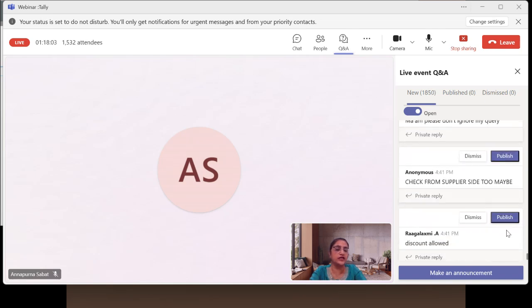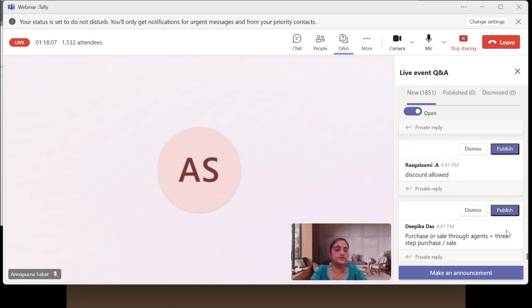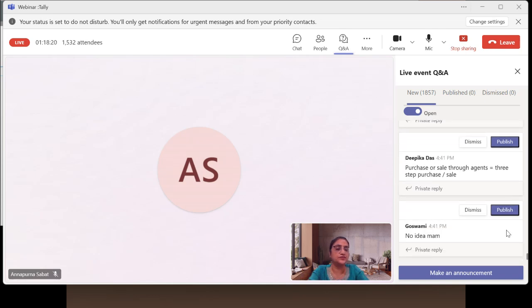Look, what is your query? I'm not ignoring anybody's queries. No, discount allowed is not known as a step. I'm giving you the example of discount allowed also. No, Deepika, sales through agent. Now,